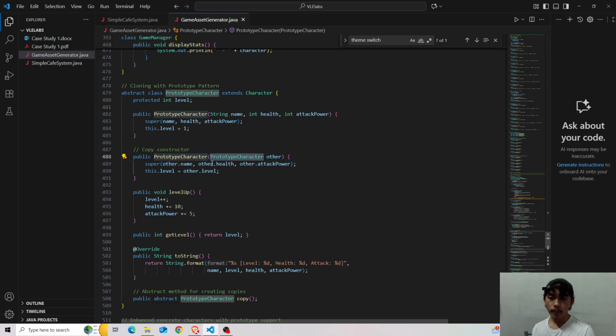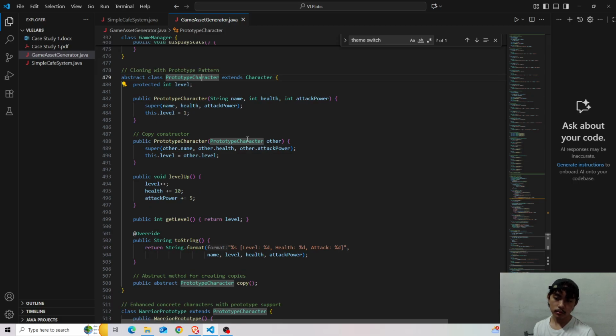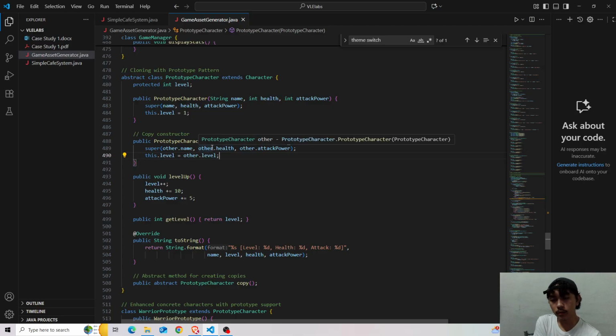So this basically calls the same thing here, but it uses the prototype character class and creates a new object. So this other is basically from this abstract class prototype character. So it sets the level: this.level = other.level.